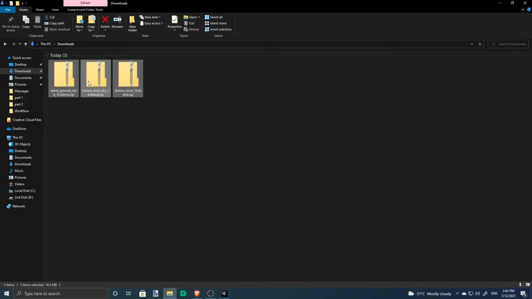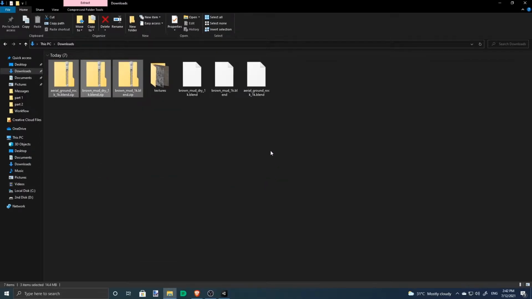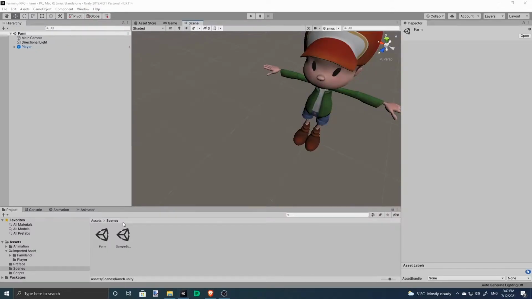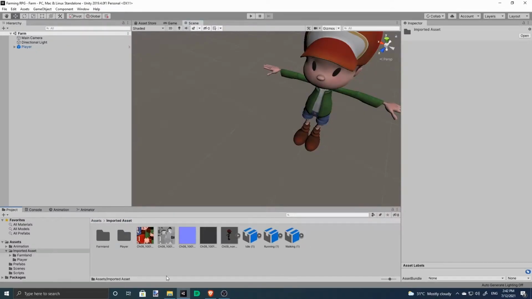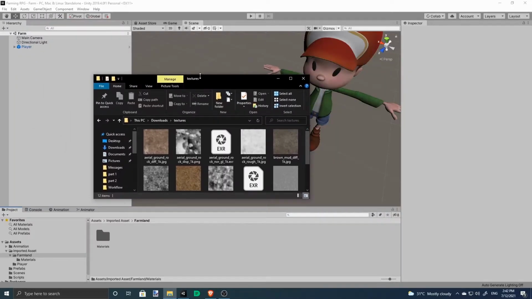So after we're done here, right click and just extract files, and then we'll take our textures, go to assets, imported asset, create a farmland folder, and bring all of this in.